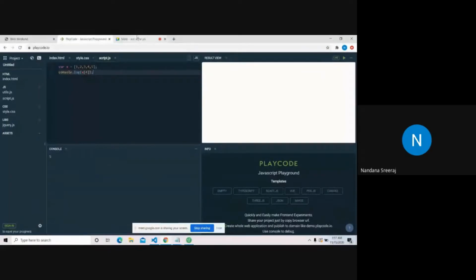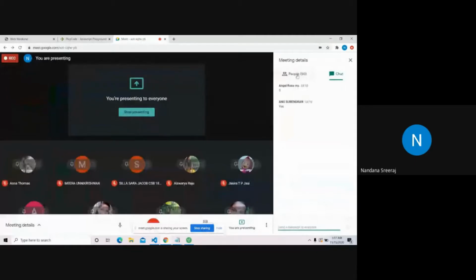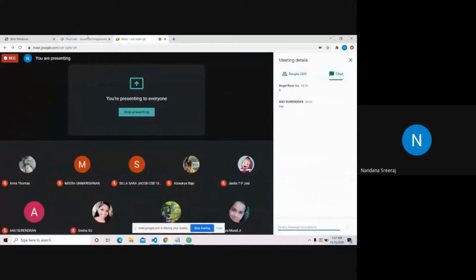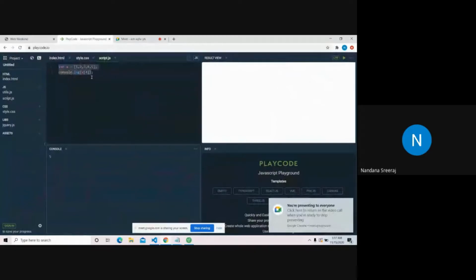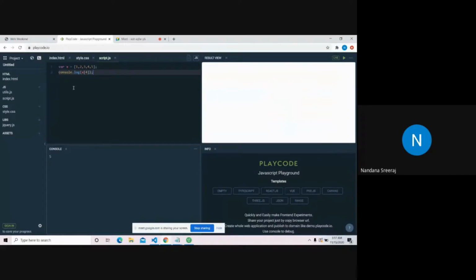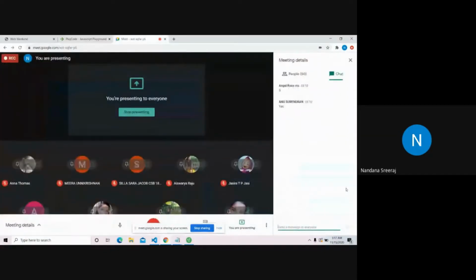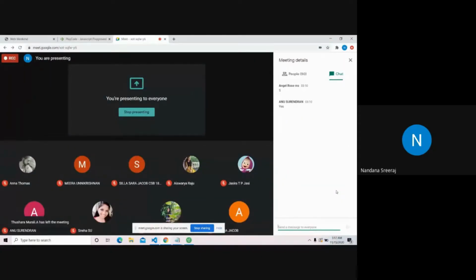I don't know if anyone is new to programming. If you have any doubts regarding this, you can ask me. Is the array clear? This is how we access things in an array. We can access individual elements in an array, or we can access the array as a whole. An array is used to store a group of things together. You can club things and store them together. If you have any doubts regarding these things, some of you might be completely new to programming languages, so you might find it a little bit difficult. So if you have any doubts, feel free to ask, okay? There is no problem.